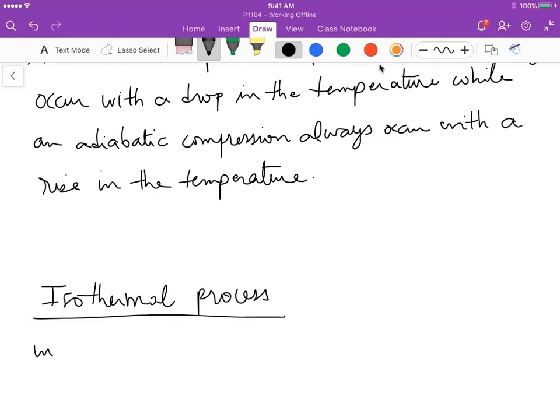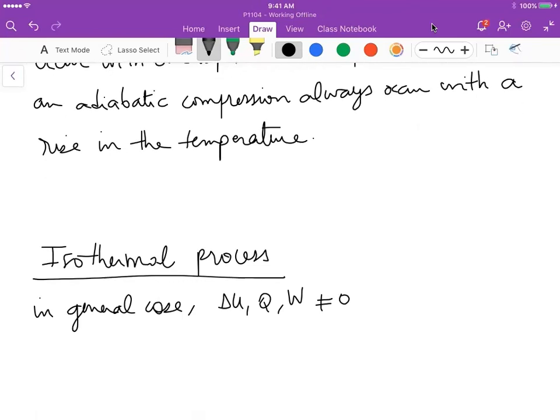So in the general case, delta U, Q and W are different than 0. This means that we saw, for example, in the adiabatic process there is no heat, which means that Q is equal to 0. In the case of an isochoric process, at constant volume, W is equal to 0 because W is equal to P dV. So in the case of isothermal, there is no particular variable which is equal to 0. But in the case of an ideal gas,